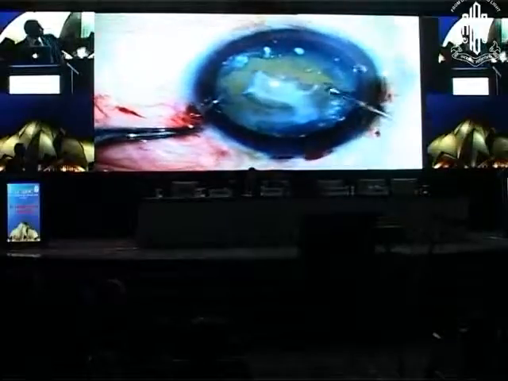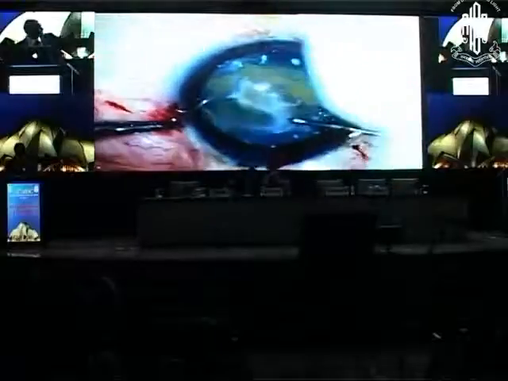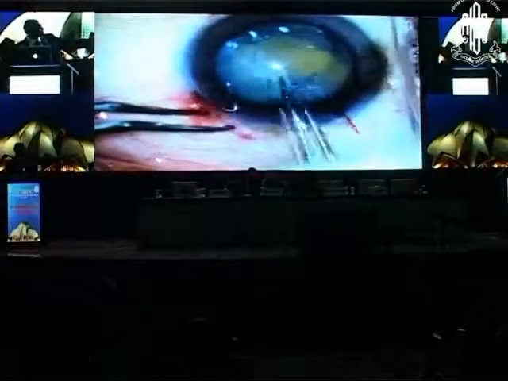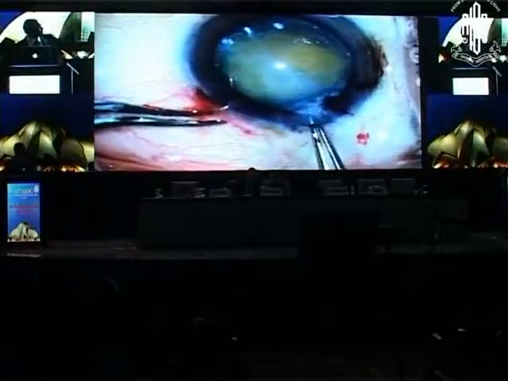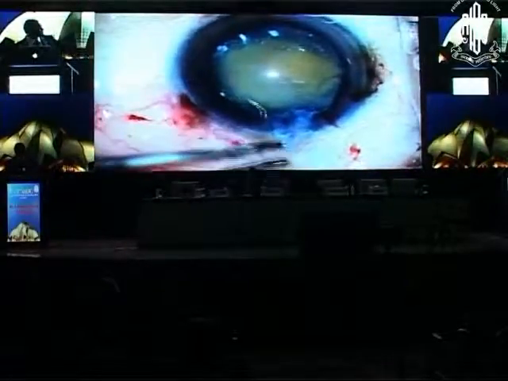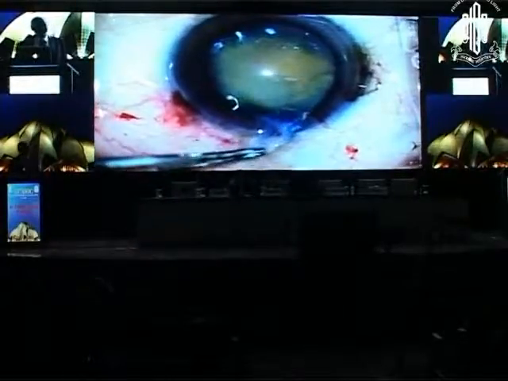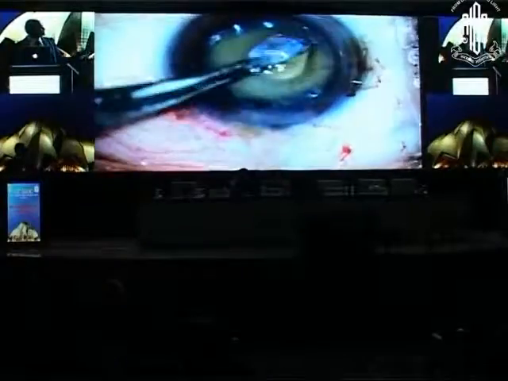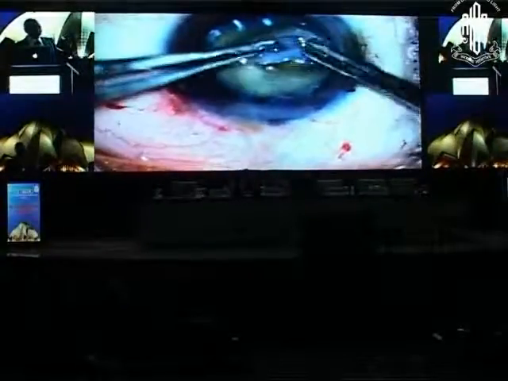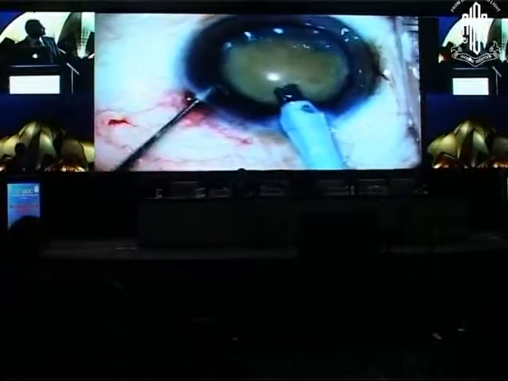So it is just humor in ophthalmology. Again you see the fibrosis. And you see the fibrosis, I am trying on the right side, left side, by forceps, by needle, everything. And now lastly I have devised a new technology in the world, that is rhexis outside the eye. So I think nobody has developed this technology except me. So this is the rhexis I am doing outside the eye because of the fibrosis of the fibers, this capsule. And now again I have removed this fibrosis. So it is not a rhexis, but it is a rhexis in the fibrous material.